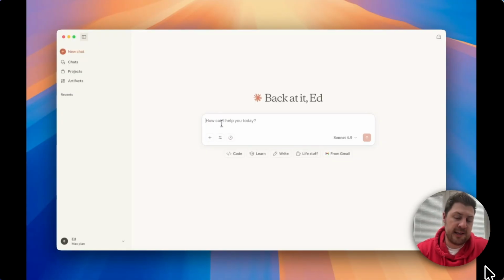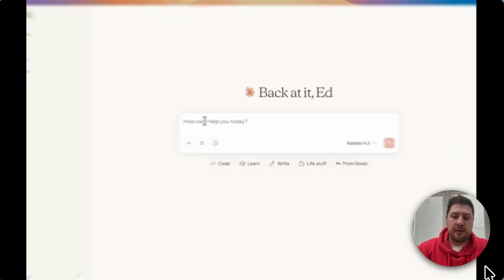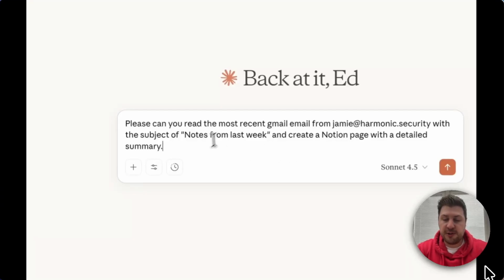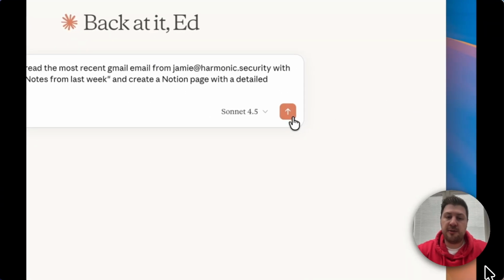So in this particular case, we're going to ask Claude to read our inbox and to write a summary based on the email from my sales rep and create a Notion page for that. And that's where the MCP Gateway can get in. Now, we're going to give Claude the task, please go and read my inbox, find the email and generate a